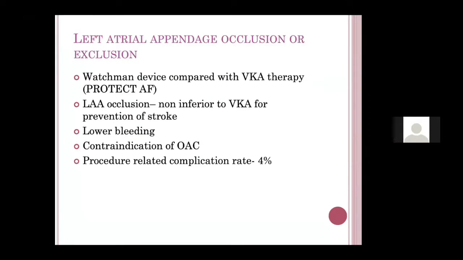Now, suppose a patient is taking warfarin and has bled on warfarin, then usually the next recommendation is a NOAC, novel oral anticoagulation. However, if a patient still bleeds on a NOAC also, then one of the options is left atrial appendage closure. We usually do it in non-valvular AF, because 80% of the thrombus forms in the left atrial appendage and only 20% forms in the atrium. That is why, if you close the left atrial appendage with a device, it may be helpful for the prevention of stroke, but there is no mortality benefit, that we should know. And you can even stop the anticoagulation.